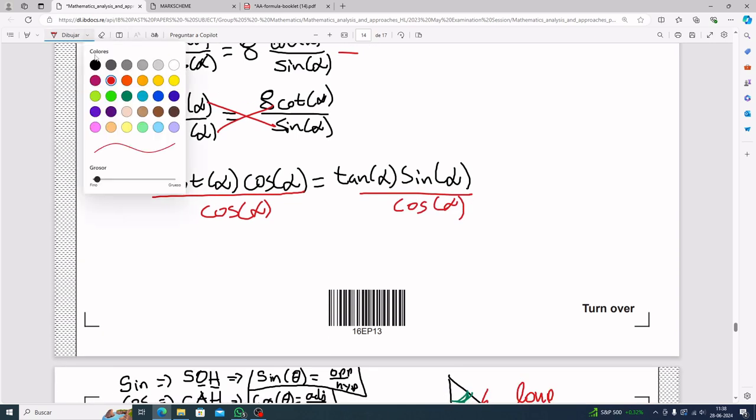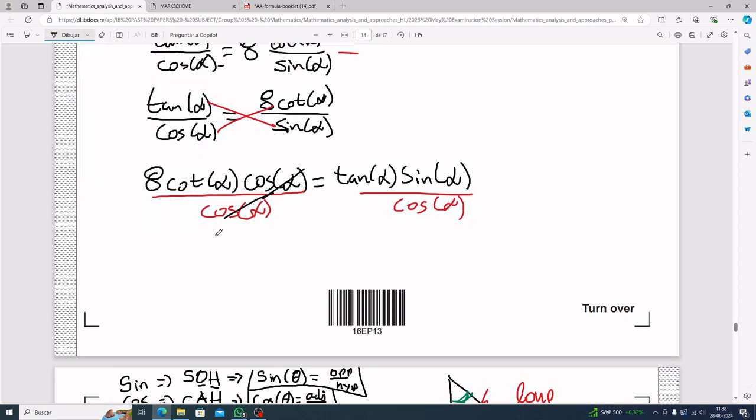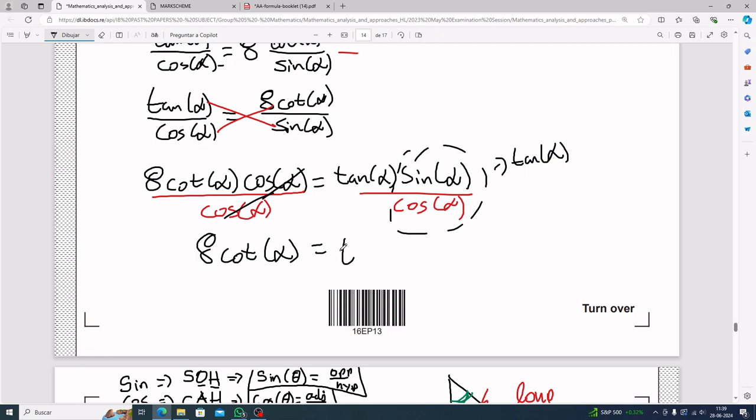And eventually you end up with, this goes away with this, 8 cotangent of alpha has to equal, this whole thing is going to turn into tangent, right? So that means that on the right side you end up with tangent twice of alpha. Interesting. And so from here, the cotangent, which is something that I didn't mention thoroughly before,